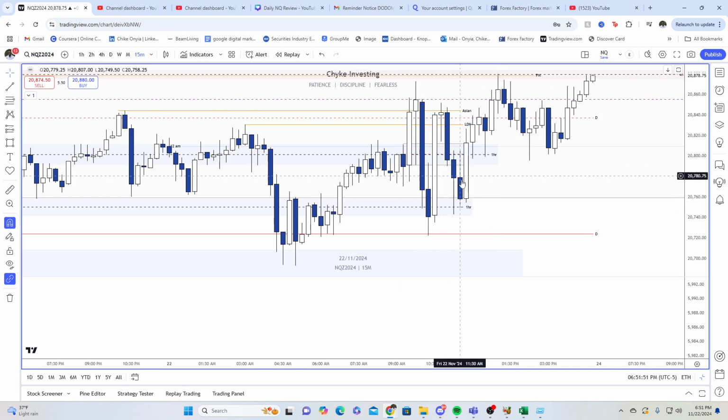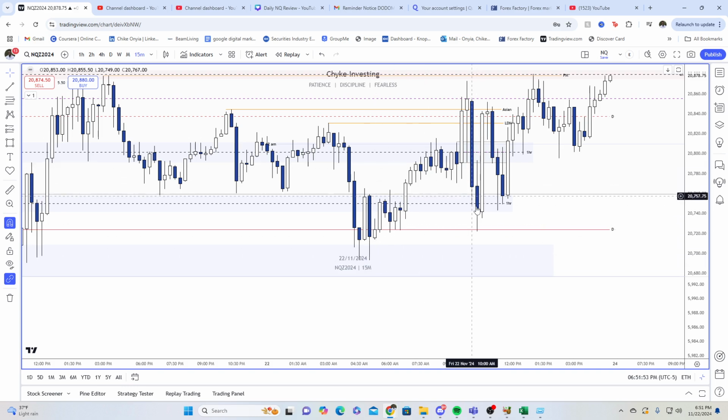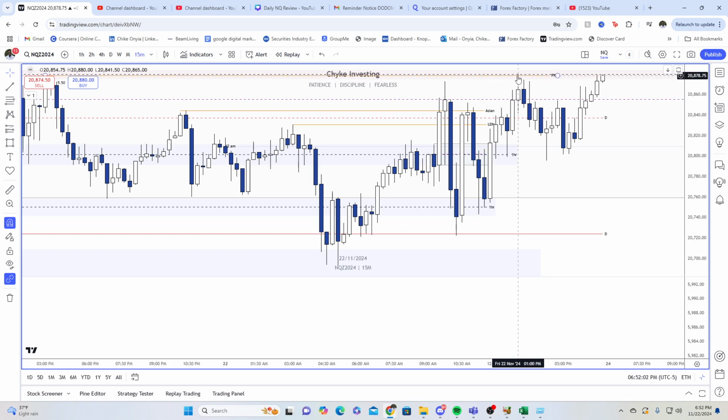No matter what bias you had, if you wanted to take out this low, right, we start heading towards there, but price starts shooting higher. If you want to take out this high, price doesn't get there, it comes back lower, right? If you want to take out this low, price doesn't get there, it goes higher. Like finally, we got to the PM session. The reason why we got to this PM high is because of what I mentioned before. On higher time frames, we're bullish.